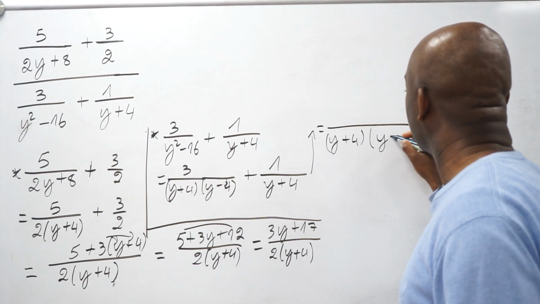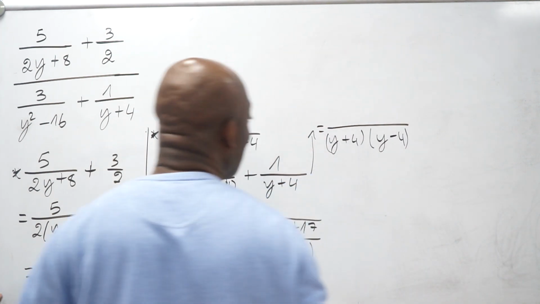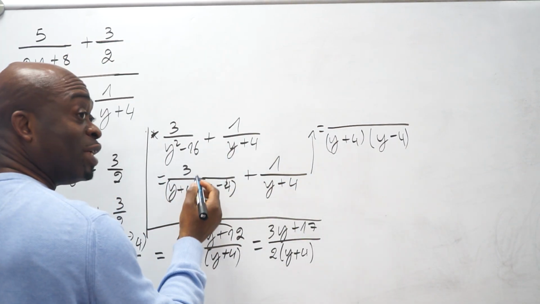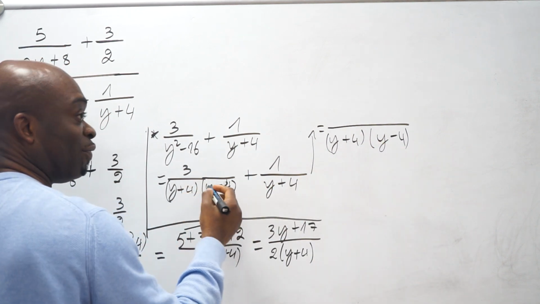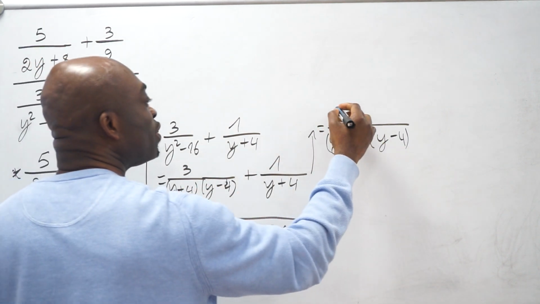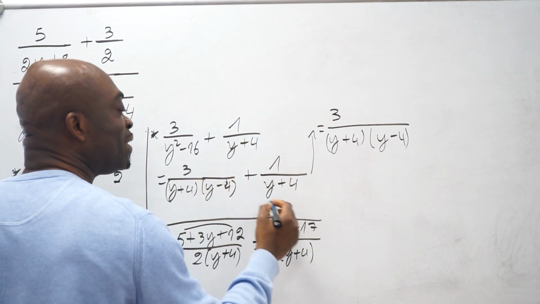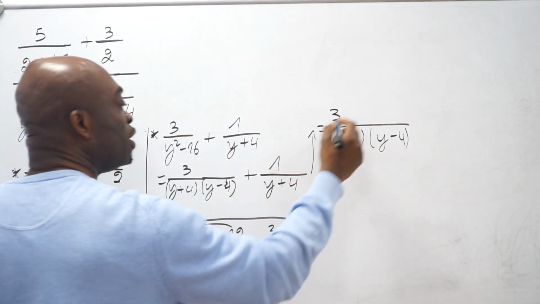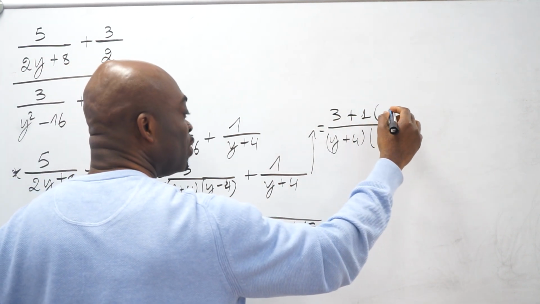minus 4, okay? So if that's what we have, what's really happening here is that the 3 stays 3 because there's nothing missing here that we have here. Everything's the same. So the 3 stays 3. Now when it comes to the second fraction here, what is it missing here that we have here? Is y minus 4. So we're going to multiply 1 by that, which is y